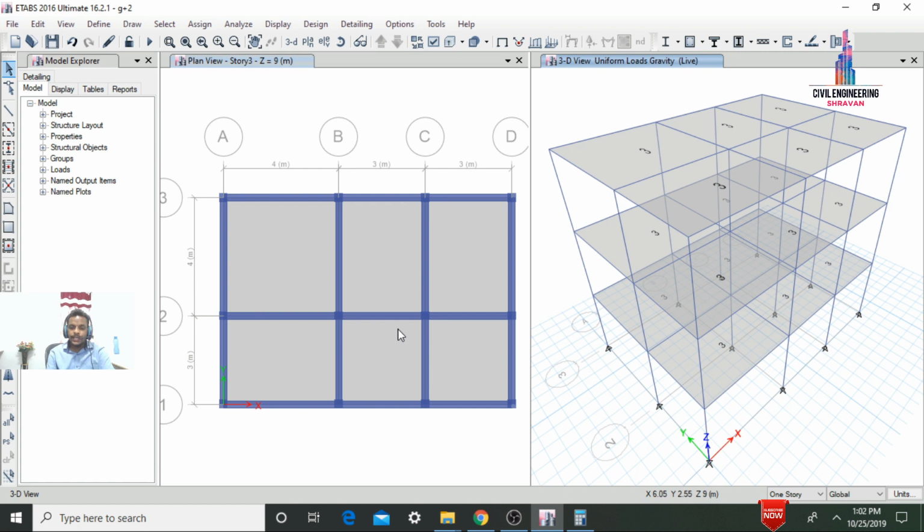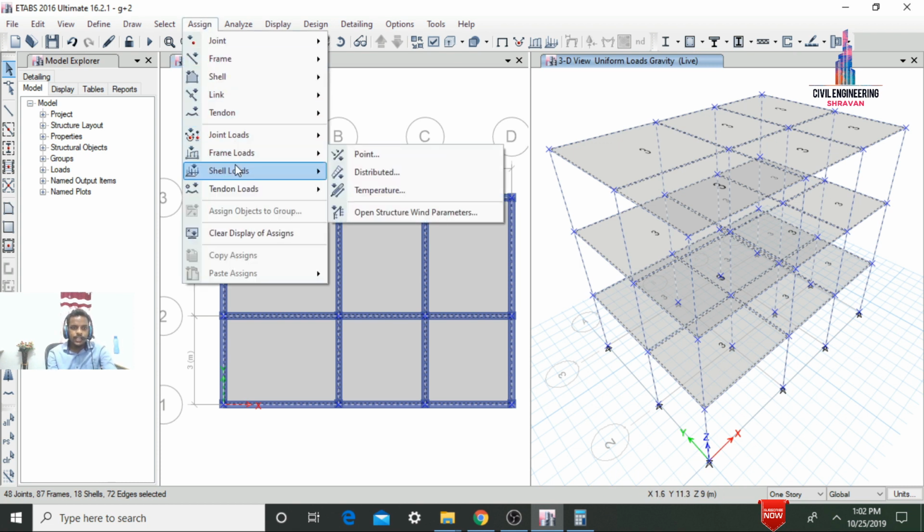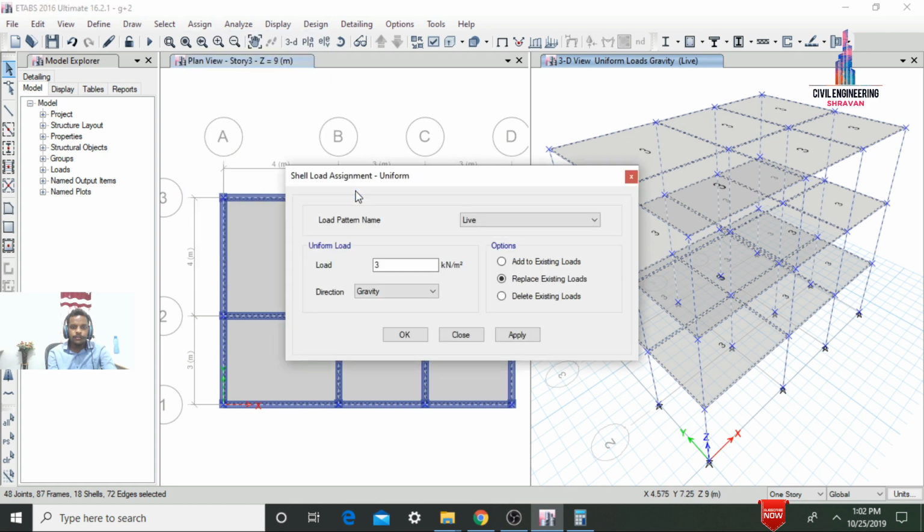Now we need to apply the earthquake load in X direction condition as well as earthquake load in Y direction condition. So for that, initially we need to select all the members for the respected building like beams, columns as well as slabs. Go to assign option here. So here we need to select the shell area loads. So click on uniform load. Now we need to change the loading pattern to earthquake load in X direction condition. So here we need to change the loading intensity for the respected X direction condition.